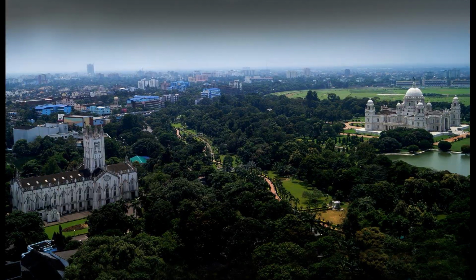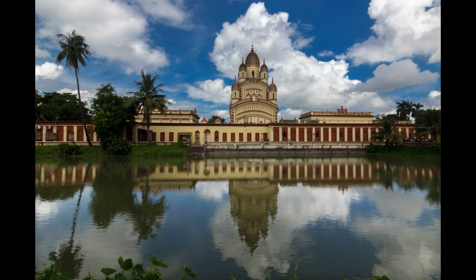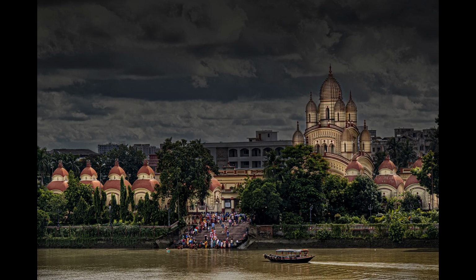For those of us who decided to carry on to our next destination, we started our journey from Victoria Memorial Hall to Dakshineswar Temple. Dakshineswar Temple is situated on the eastern bank of the Hooghly River at Dakshineswar. The temple is built in Navaratna style, a very well-known architectural style of the 18th century. Built between the years 1847 and 1855 by the legendary Rani Rashmoni, the beautiful architecture stands on 20 acres of land,